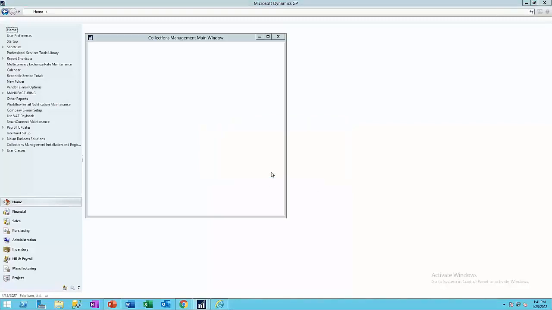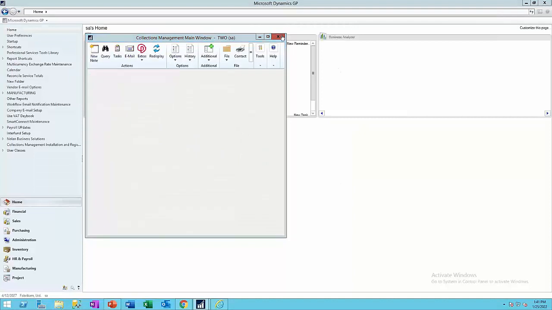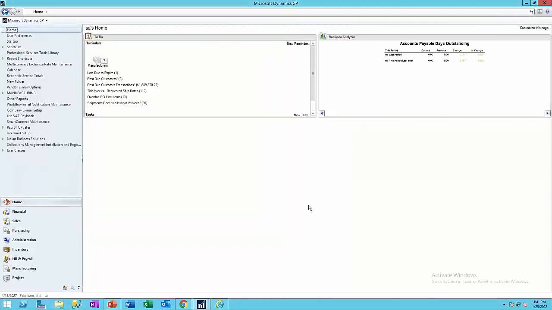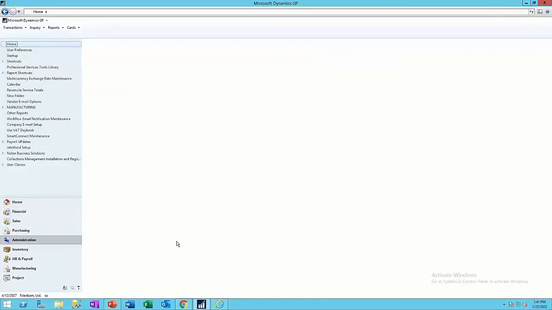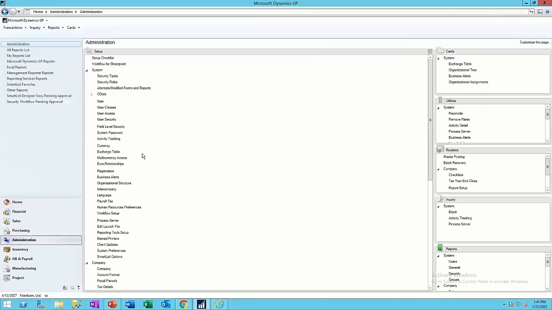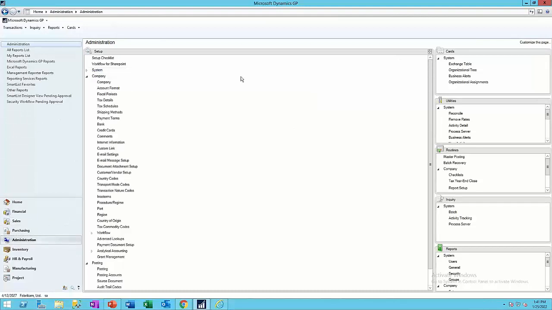So the workflow area is basically your ability to create a process that says if I'm going to enter a batch of payables, I need to submit it to Scott. So if I'm keying the payables in, I'm going to submit it to Scott. Scott's going to review it and approve it. Actually, let me just open up the workflow window so you can see what the flow is. So under my administration tab, I'm just going to minimize system here,